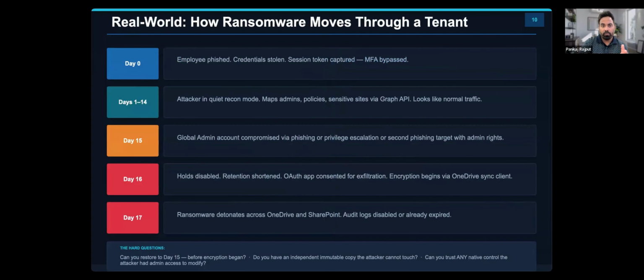Now, let me walk you through how this plays out. This is based on real attack patterns and public incident reports. Day zero, an employee is phished, right? The attacker steals credentials and captures a session token. MFA is bypassed entirely because token theft works against MFA. And as you know, this is known as AITM, or adversary-in-the-middle attack, which is again token